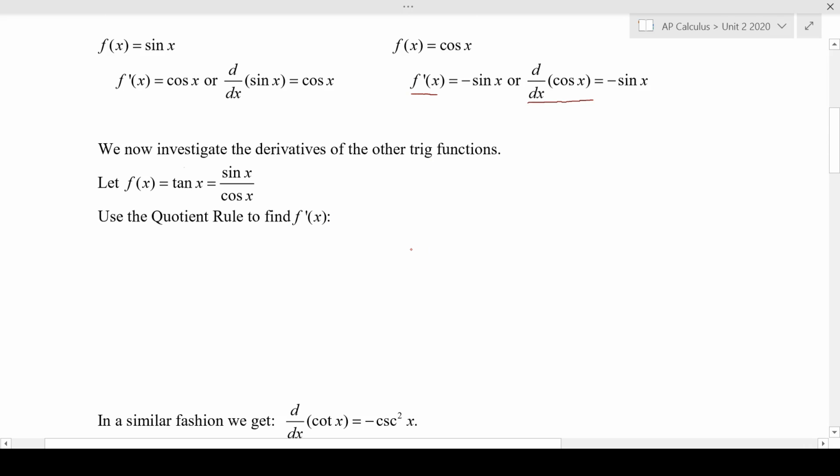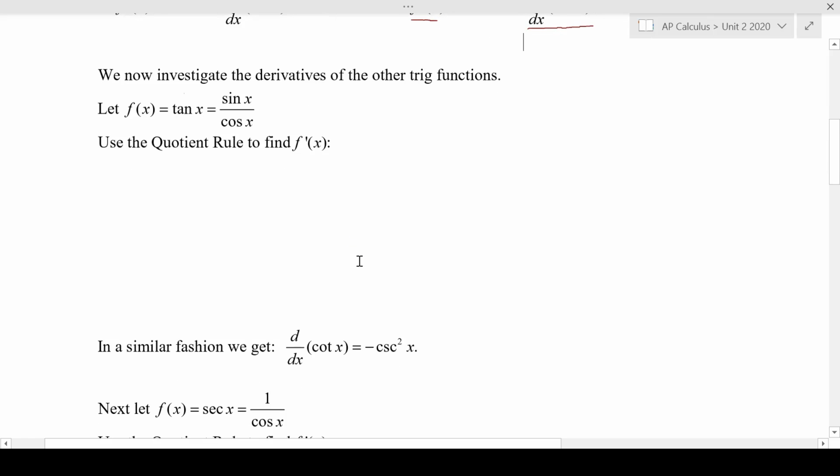Okay, so let's talk about the derivative of tangent. Well, the word tangent means sine over cosine, or sine x over cosine x. So we would actually have to use the quotient rule in order to find that derivative. The quotient rule says f'g minus g'f over g squared. So we're going to do the derivative of the top one, that's cosine x, times the denominator, which is cosine x,